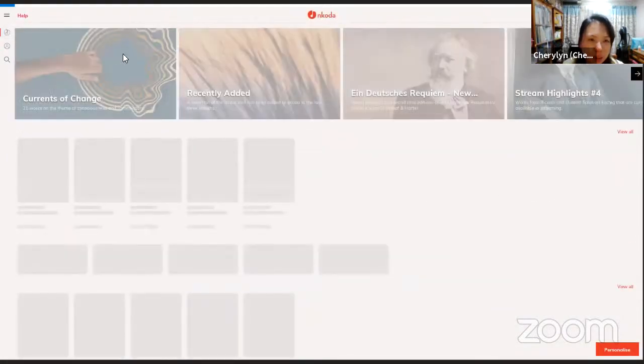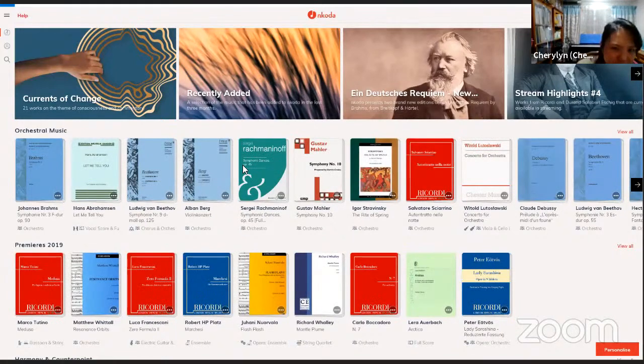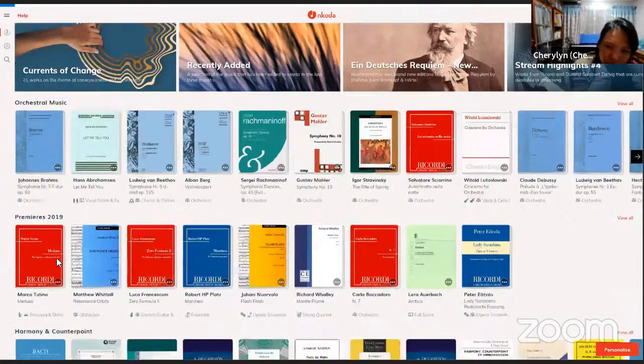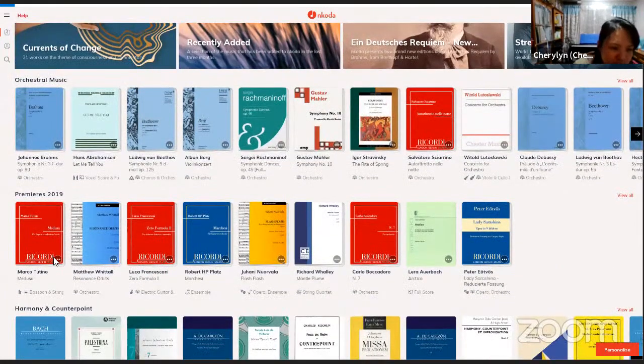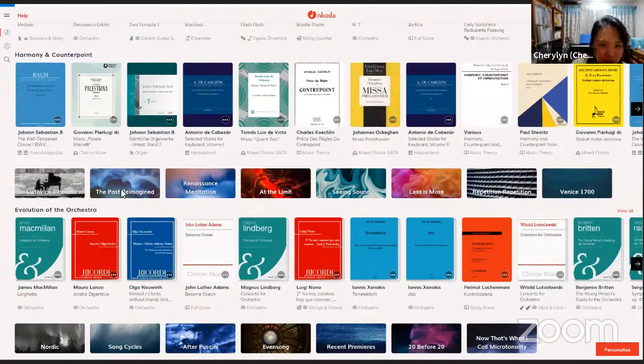Okay. The dashboard. Okay, this is the dashboard button. So you can see here they categorize the scores by orchestral music. Premieres in 2019, I believe they are very new music. Music that's related to harmony and counterpoint. Of course, we should have Bach here. Okay. And they have here also like blocks of